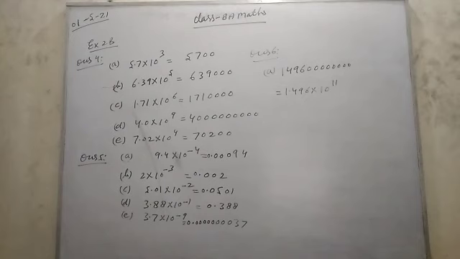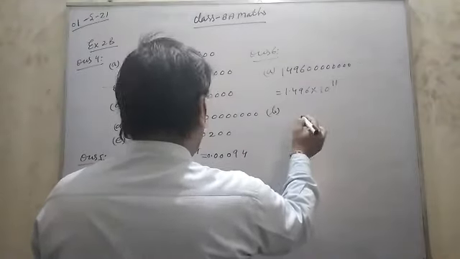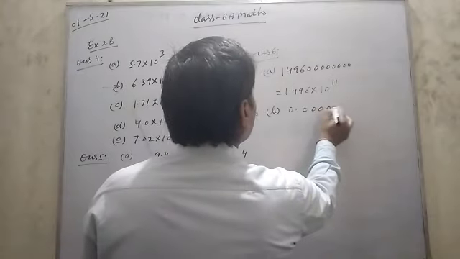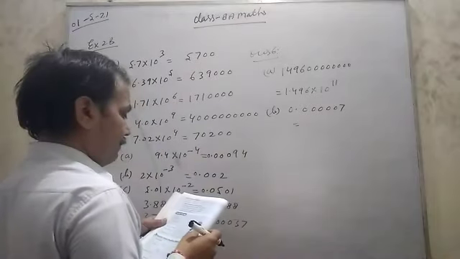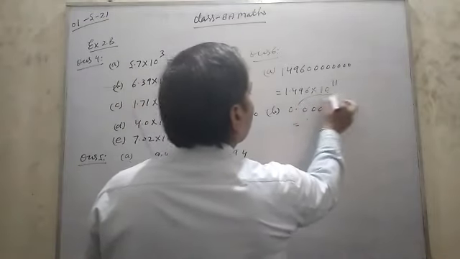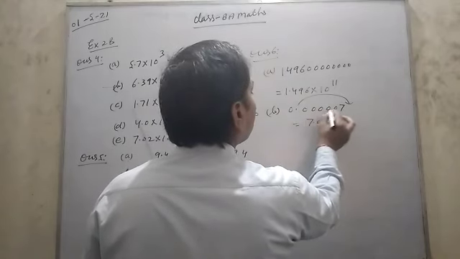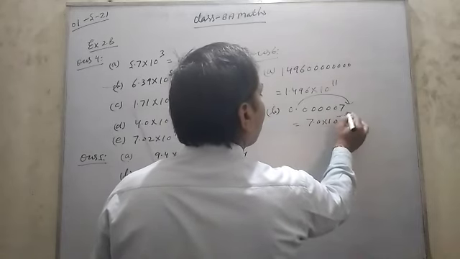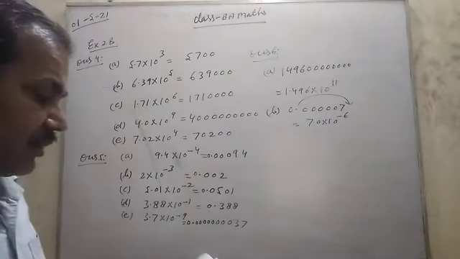And similarly, you can try the remaining yourself. Okay. Part B is given: 0.000007. Okay, so this point will shift here. So 7 into how many digits? 1 2 3 4 5 6, and the shifting is to the right-hand side, so power -6. 6 digits shifting, so -6. Okay,